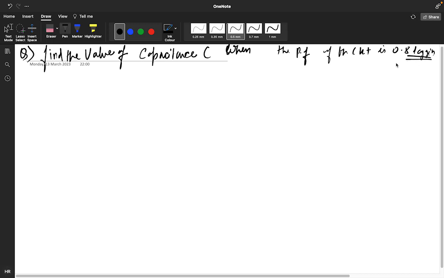So the power factor of the circuit is given, and you have a circuit